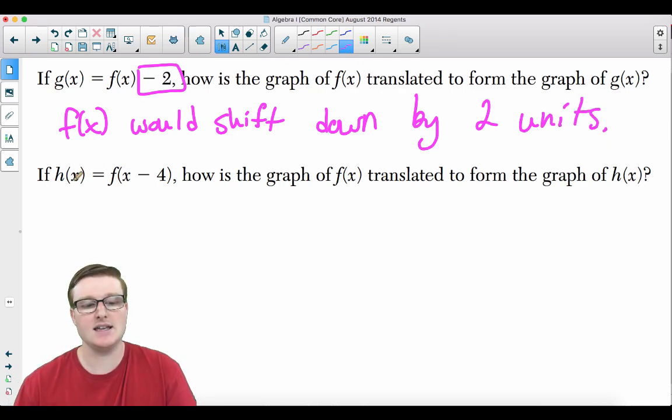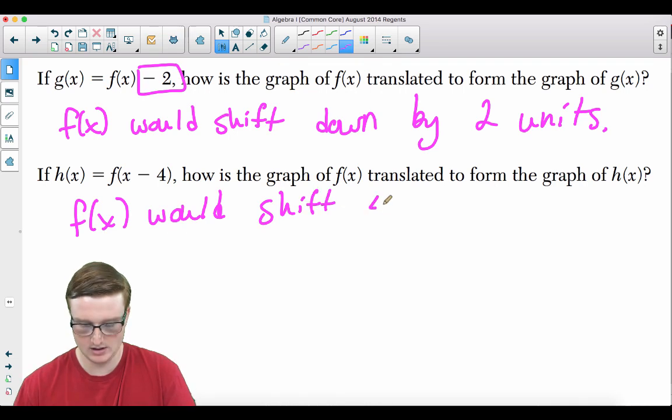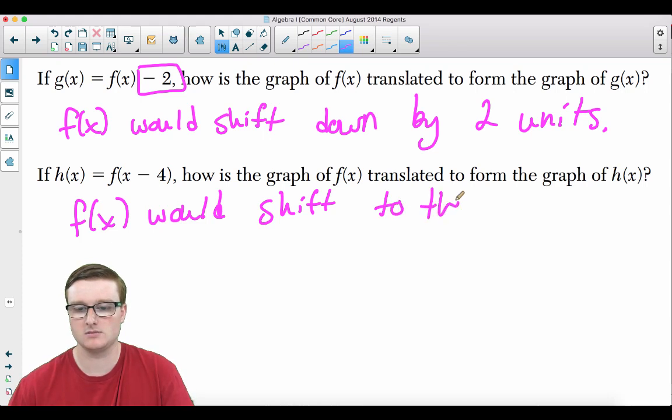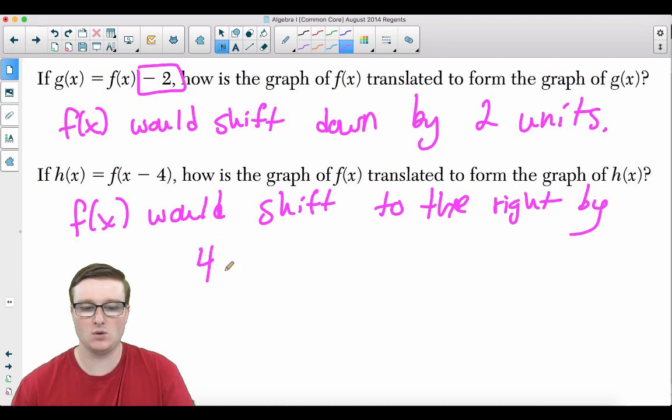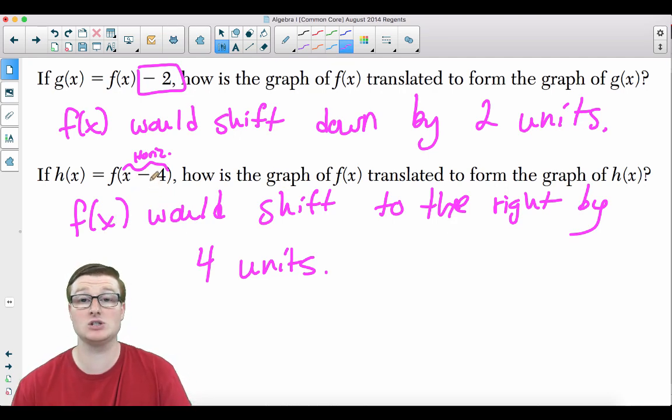And then it says, if h of x equals f of x minus 4, how is the graph of f of x translated to form the graph of h of x? So we're going to say that f of x would shift to the right by 4 units. To the right by 4 units. And that's it. Now, this is a horizontal shift. Remember that your horizontal shift is opposite of what's in the parentheses. So in this case, if it's a -4, you would think it's going to the left, but it's actually going